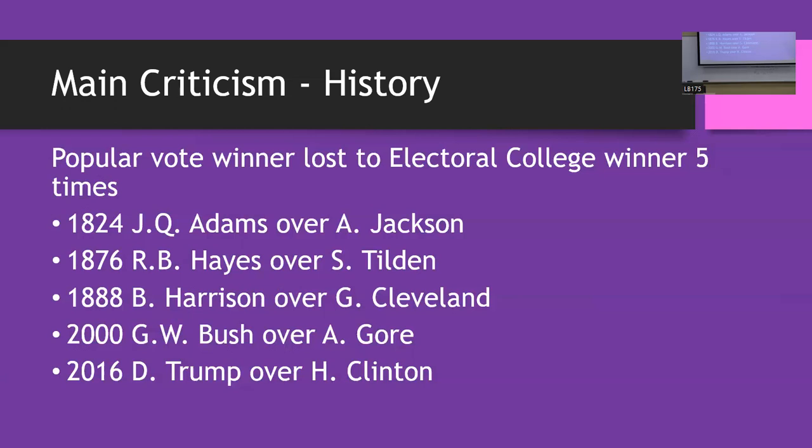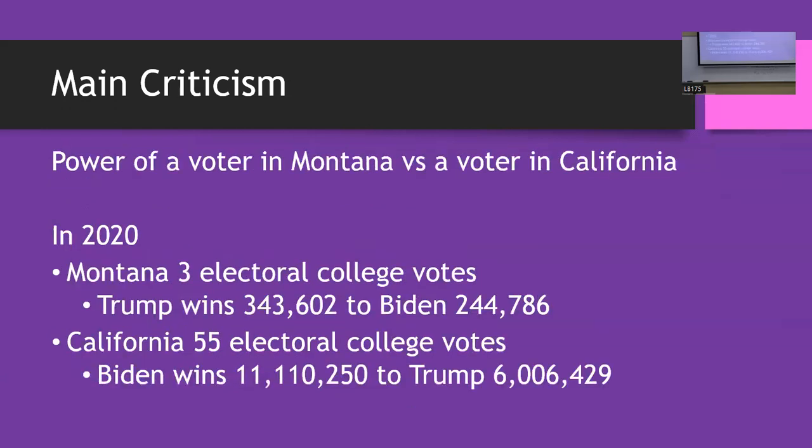I wanted to talk about what the Electoral College was, talk about the main criticism. And the reason why this can happen, that the plurality vote doesn't go hand in hand with the Electoral College, is essentially because of the way electors are represented. Montana has 3 Electoral College votes in 2020. California had 55 Electoral College votes in 2020. But when you actually look at the ratio of votes per people,